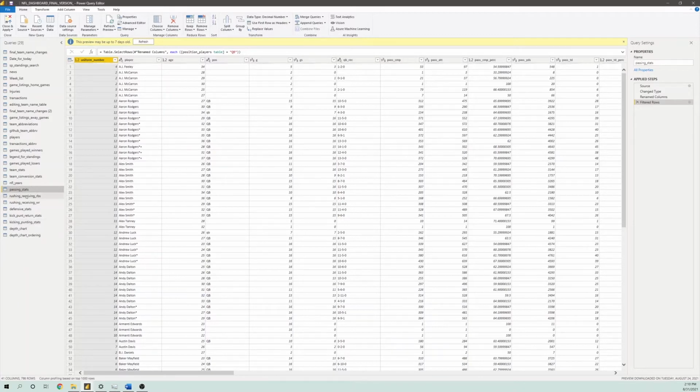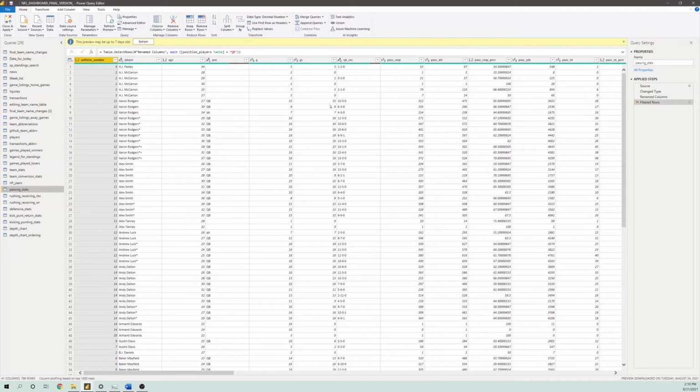If you can remember in the document and in the video, I said that because we were not able to make a clean connection between the players table and the specific statistics tables, like the passing stats for instance,